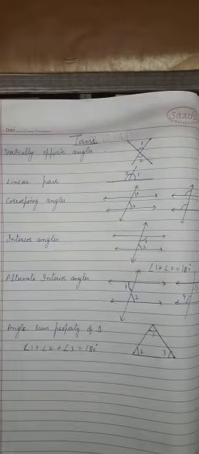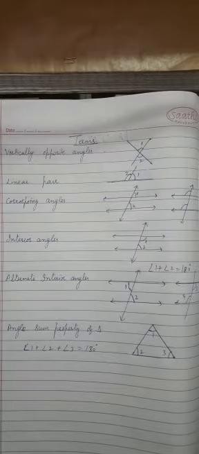Here you are going to use the property of parallelogram. That is, opposite sides and angles are equal and diagonals bisect each other. That property was explained in the previous video also.